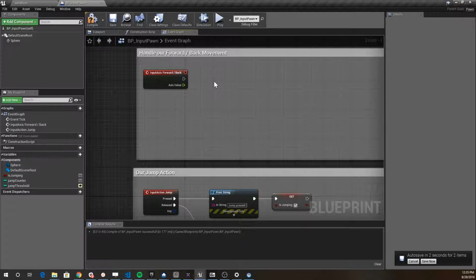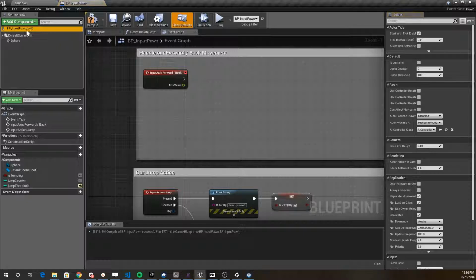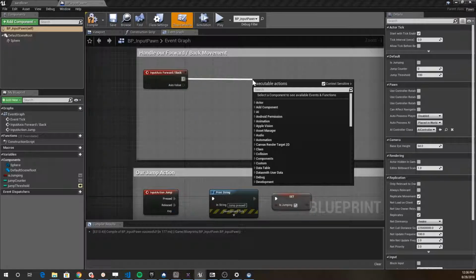We just want to move the thing forward. And so how we can do that is because we have this pawn here, we want to move it in a forward direction. All right, so let's just get it moving. So if we drag off here,